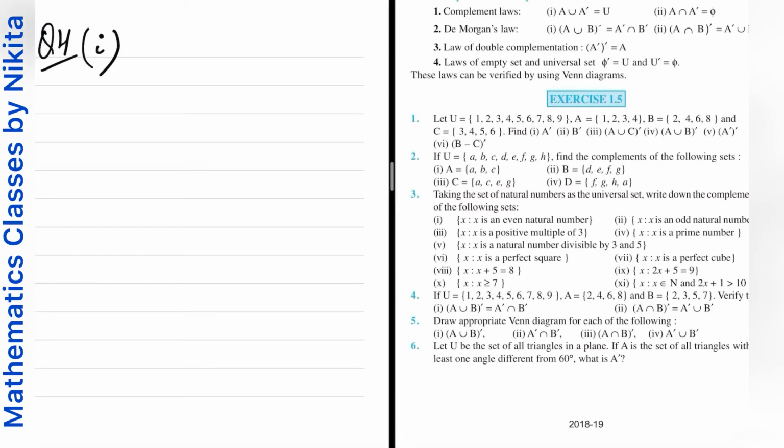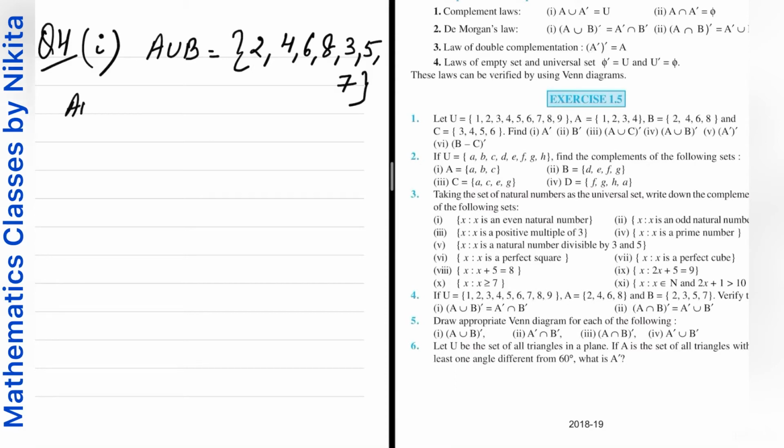आपको वेरीफाई करना दैट मीन्स हमें लेफ्ट हैंड साइड और राइट हैंड साइड दोनों कैलकुलेट करने हैं एंड देन वी हैव टू शो दैट बोथ आर इक्वल. सो फर्स्ट ऑफ ऑल लेट्स कैलकुलेट व्हाट इज ए यूनियन बी. ए यूनियन बी इज इक्वल टू 2, 4, 6, 8. Then write all the elements of B but don't write the common element. So 2 is already there, then 3, then 5, then 7. So this is your A union B.